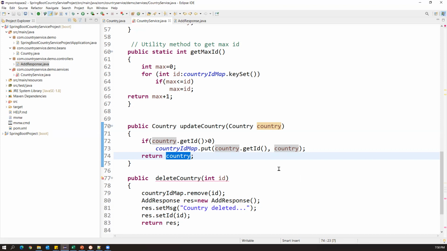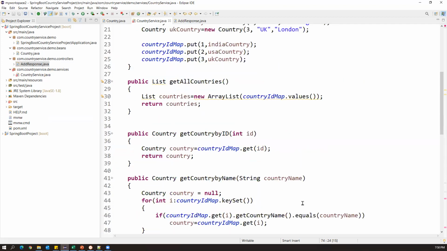Normally, if you want to convert any Java object into a JSON object, we use the Jackson API, which is another third-party API. But here we don't need to worry about that. Spring Boot itself will automatically take care of converting the Java object into JSON format, because we need to showcase the result in JSON format to the client. That is an automatic mechanism in Spring Boot, so we need not use any third-party API to convert the Java object into JSON. Okay, so you need to remember that.